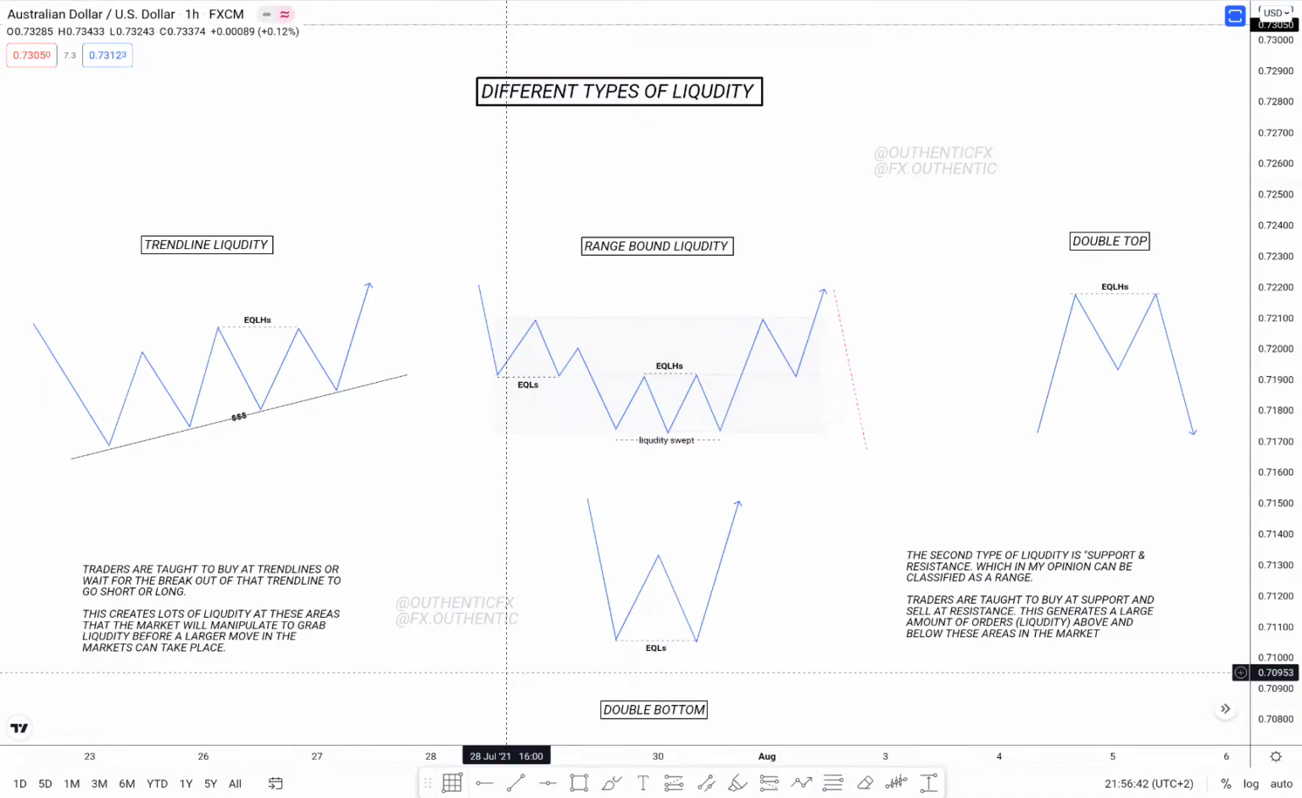Today's lesson is going to be on liquidity, actually the different types of liquidity that is generated in the market, and the banks use this type of liquidity to manipulate. It's basically based around retail trading. So we've got trendline liquidity, range bound liquidity, double tops and double bottoms. These are the most known patterns or types of liquidity areas that the banks target and use to manipulate to